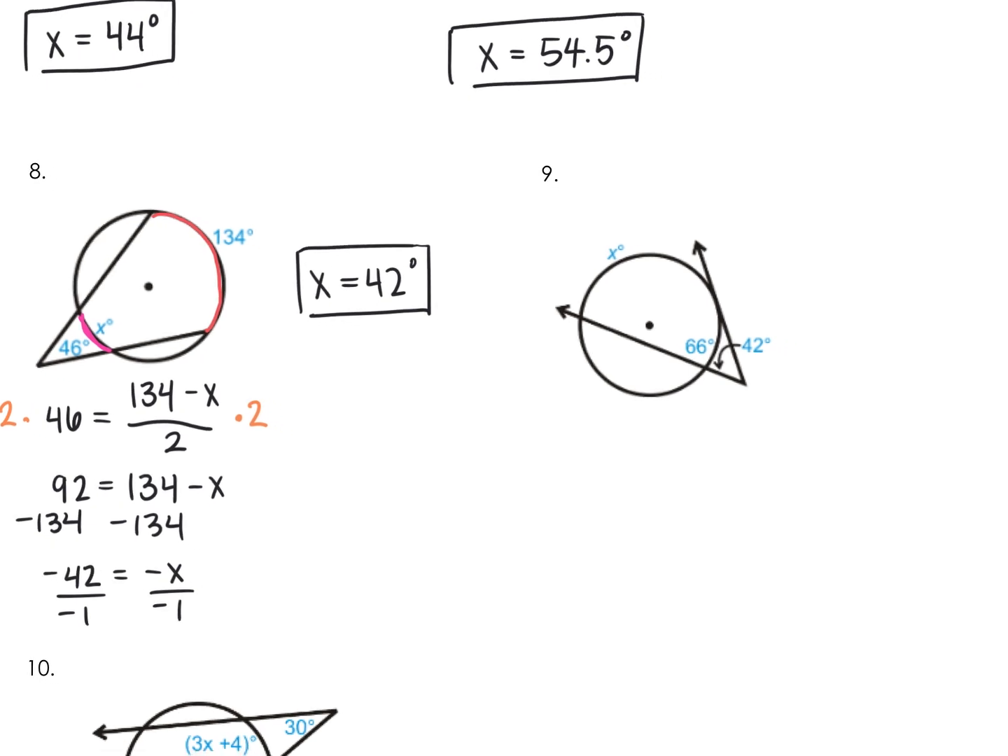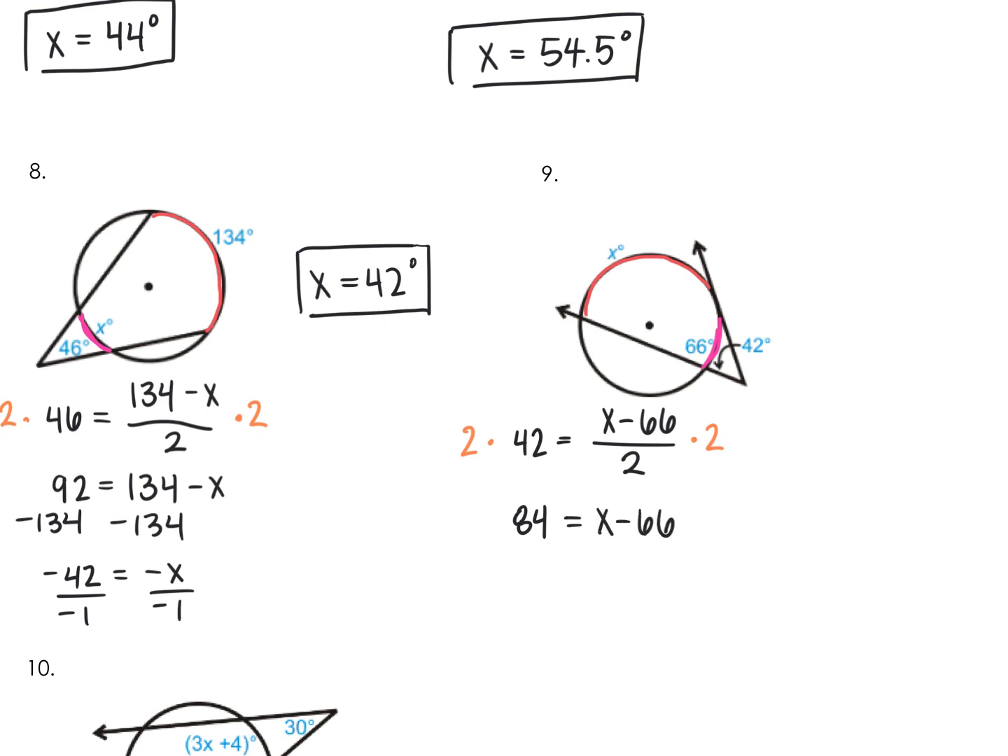Okay, so let's do an example where we solve for the outside arc. So we don't know the measure of our outside arc. It is x. We know the measure of our inside arc is 66, and we know the measure of our outside angle is 42. So we'll have 42 equals x minus 66 over 2. So very similarly, my first step is going to be to multiply both sides by 2. So we're going to get 84 equals x minus